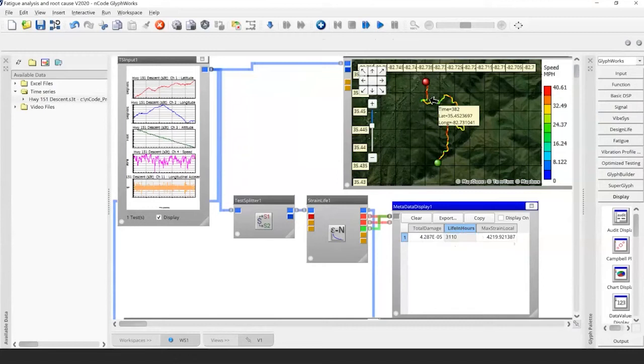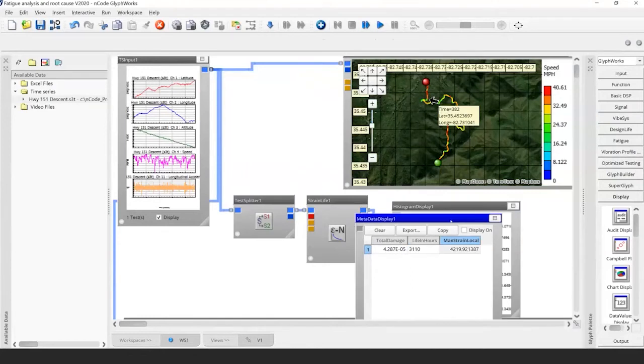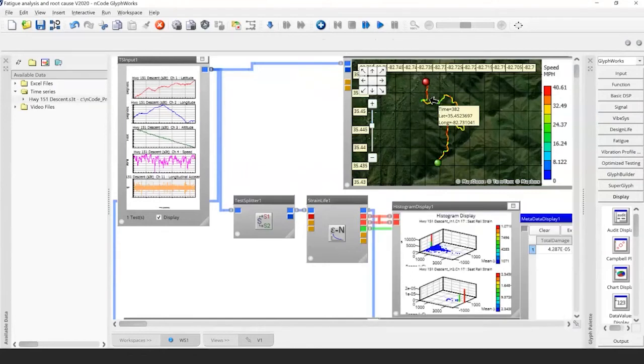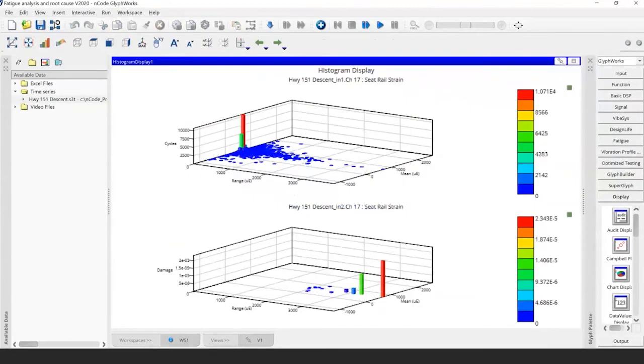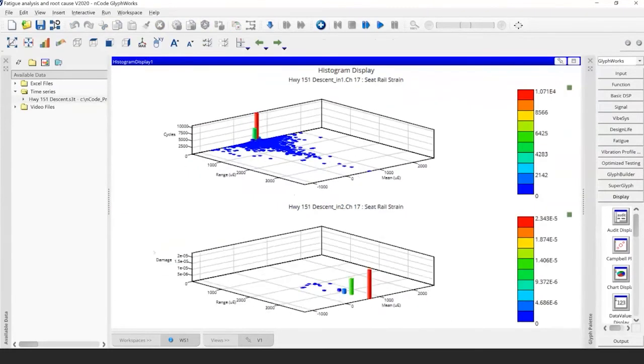Now let's continue investigating, and let's have a look at the time correlated damage. In other words, a time series of damage, right? It computes the damage cycle by cycle in my strain gauge signal, and it's showing me when the damage occurs in time. And what I see is indeed I've got high damage concentrated around second 400 here, right? So whoa,